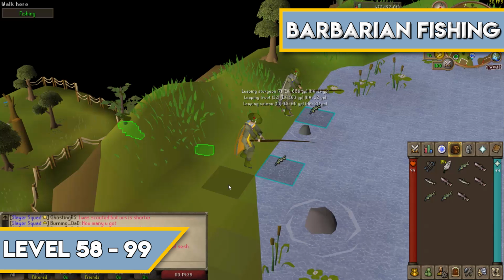Once you hit level 70 fishing, you'll also be adding leaping sturgeon into the mix, and you'll need level 45 strength and agility to catch those. But before you can get started with barbarian fishing, you will actually need to complete some barbarian training. If you need to know how to do this, I've left a link in the description below to the wiki page. Assuming you decide to go with this method to level 99, you will also gain 1.2 million experience in